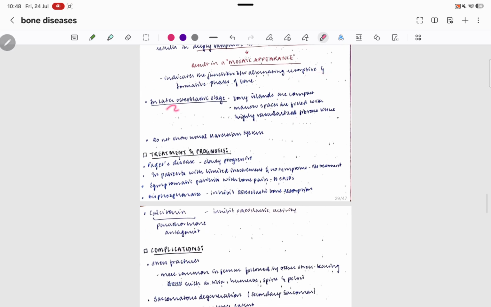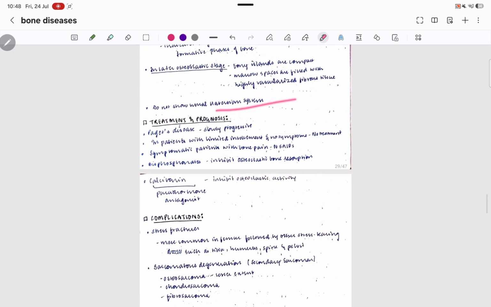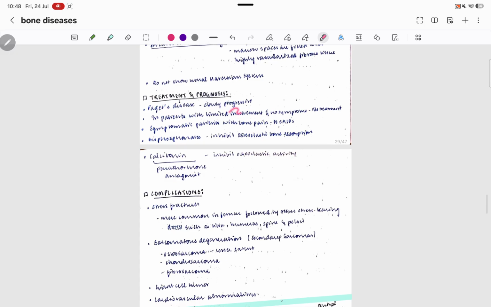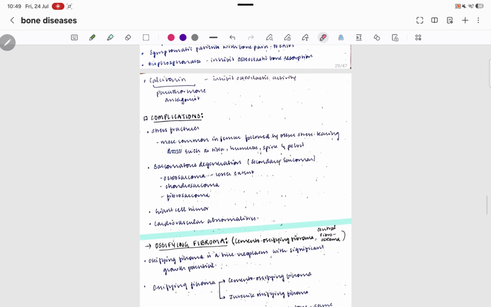Then you have your osteosclerotic stage. In later stages, bone islands are compact, and marrow spaces are filled with highly vascular fibrous tissue, and they do not show Haversian canals. Treatment: the disease is slowly progressive with limited involvement. No symptoms, no treatment. If symptoms are there, NSAIDs are given. Bisphosphonates are given to reduce osteoclastic activity. Calcitonin inhibits osteoclastic activity. So sometimes you have to check the calcium levels and prescribe calcitonin to inhibit the osteoclastic